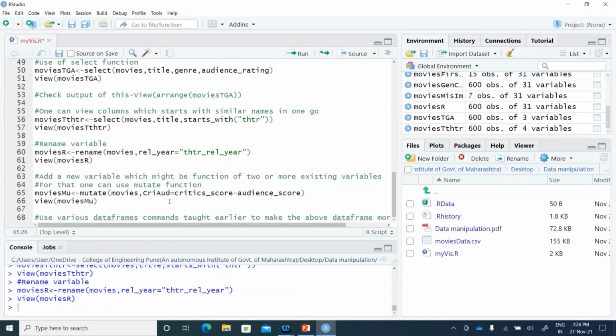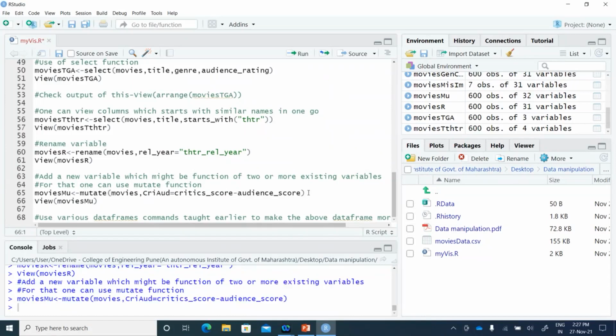Suppose I want to add a column which is the difference of critic score and audience score. Let me call that CRIAUD, the new variable, which is the difference between critic score and audience score. So I need to give the new name of the variable and its definition.